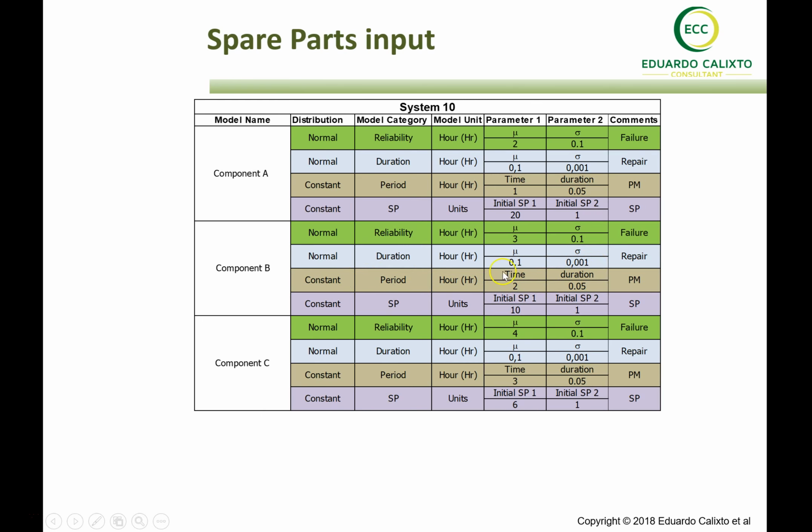The time to implement preventive maintenance is 2 years, and based on these 2 years, multiplied by 20, divided by 20, we will have 10 interventions for component B, and then we need